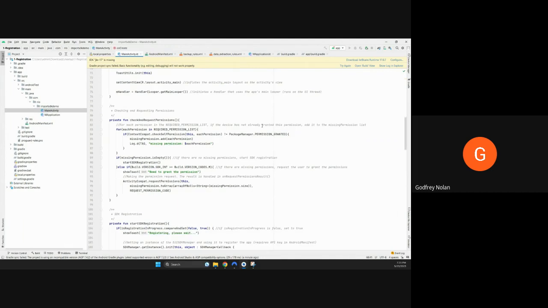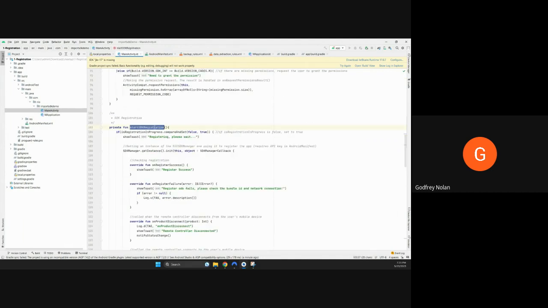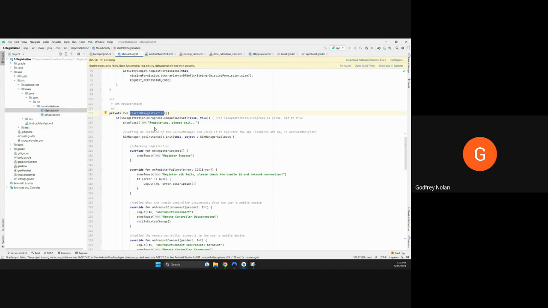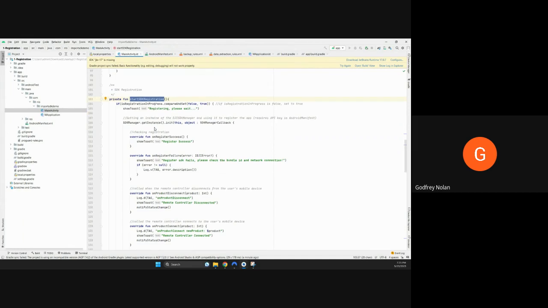The main thing that you need is this Start SDK registration. DJI are pretty anal about making sure that everybody who uses an app has an API key. So what you do is you go to